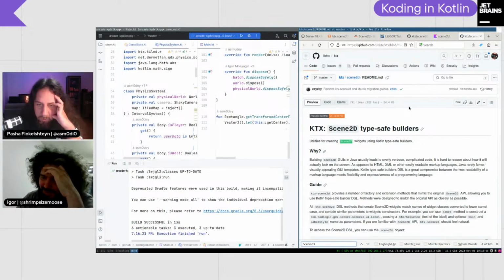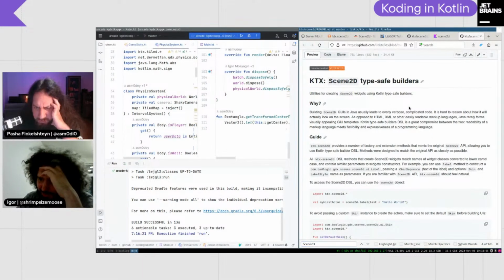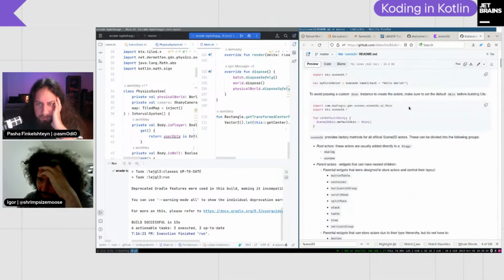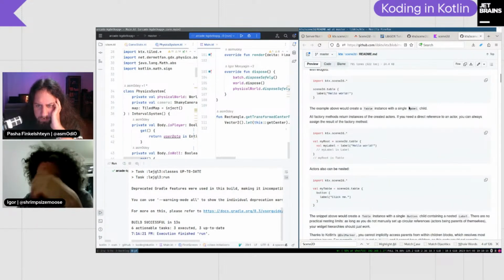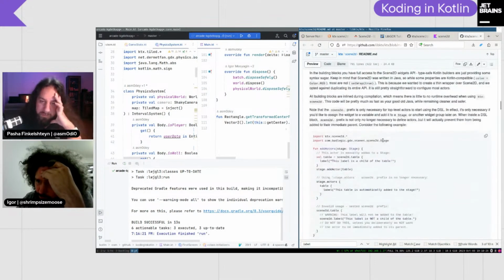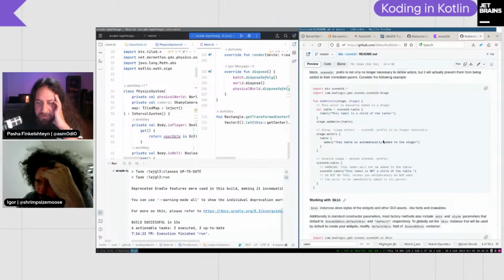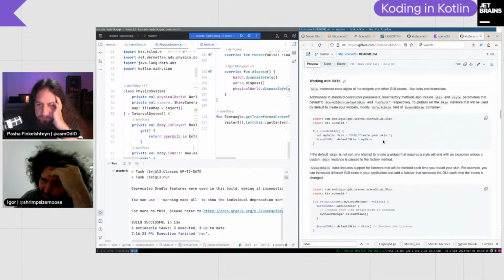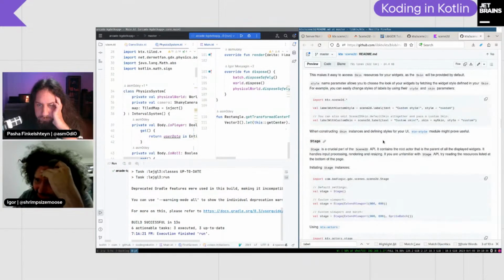Nice. What do we have in the examples? I like this Scene2D label. Scene2D table. I don't understand how do we. Oh, Scene2D is just. I don't even understand what Scene2D is. Yeah, it's what? Stage is a crucial part of Scene2D. Do we have